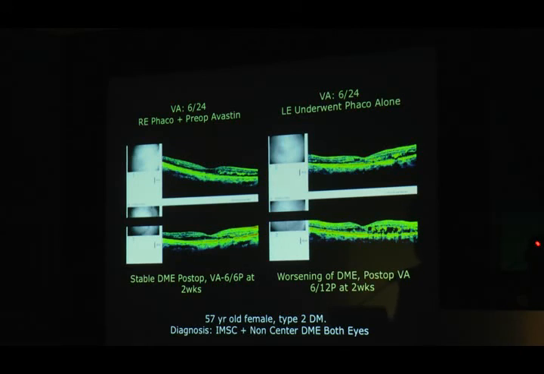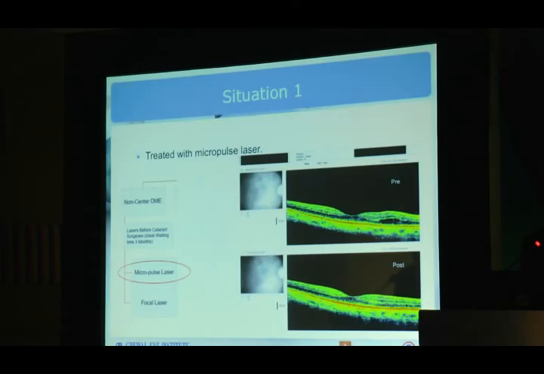So it's without doubt that the retinal changes need to be taken care of first. Now, these are some of the situations which you may handle. You may have a patient who is undergoing cataract surgery, may have a DME which is non-center involving, or it may be center involving. It may be a case of recurrent or chronic DME, or a case who has already been treated DME, or ischemic DME. In the first situation,